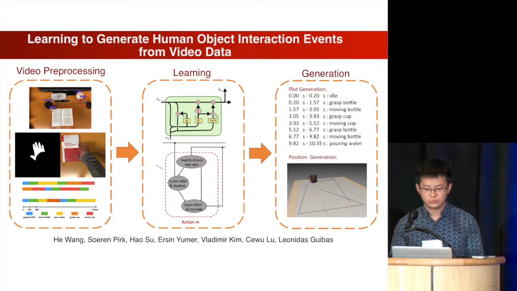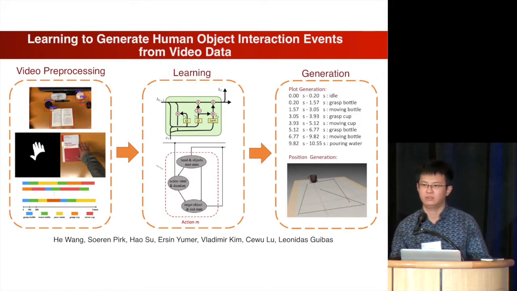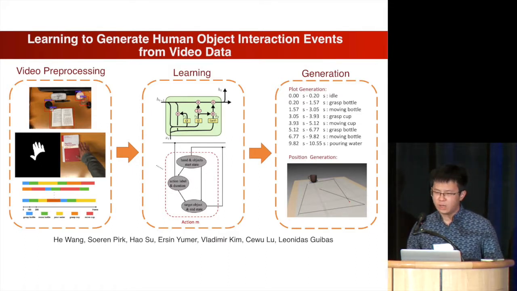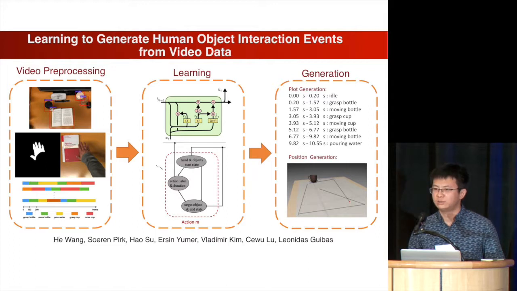Yeah. So understanding human-object interaction is crucial for robotics and computer perception, while remaining very challenging in the computer vision community. In this work, we aim at learning a generative model of human-object interaction directly from video data. We first observed that the object state change is the consequence of human actions. So we model the causality behind the interactions, which is represented as the joint state change of human action, object state, and hand using LSTM.